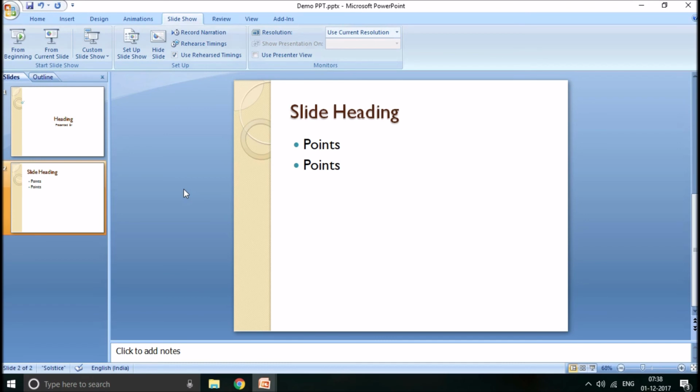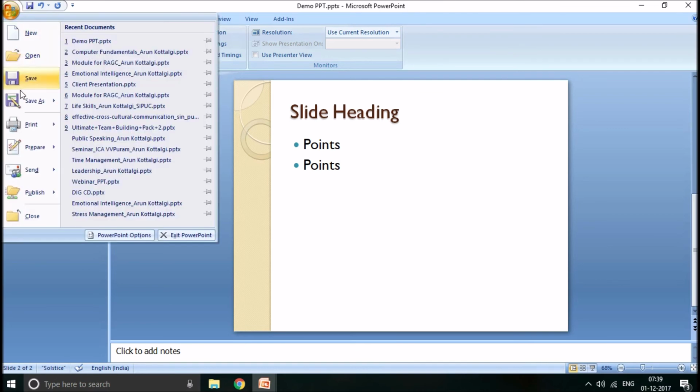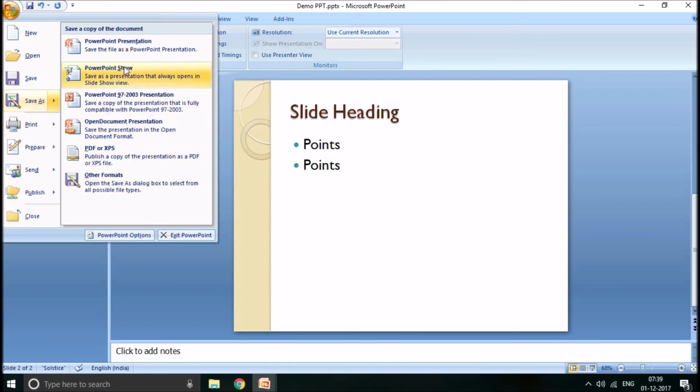In slideshow, even if you want to record a narration, you can do that as well. So instead of right now what I am doing, I am using a PowerPoint presentation, presenting it live and recording my voice, right? So instead of that, you can actually record your entire presentation and then save your voice also in the recording. So how you can do that is, instead of simply save, you can click on save as, and you can save as a PowerPoint show. So if you save as a PowerPoint show, if you double click on that file, it will directly open the slideshow and start playing including your recording.